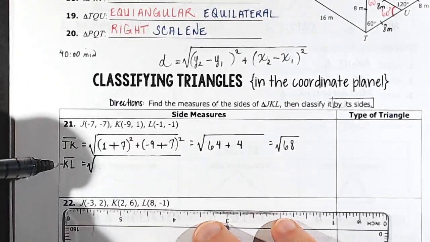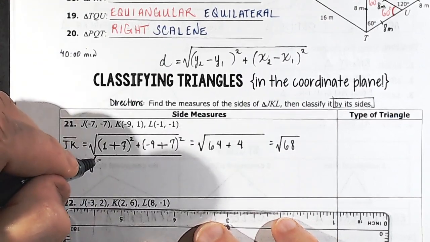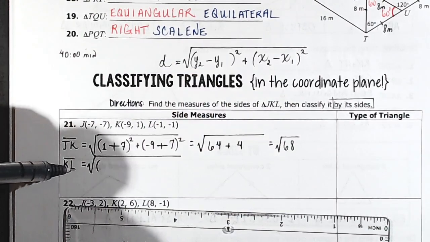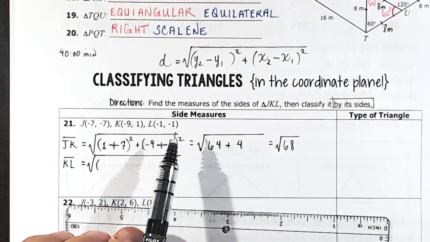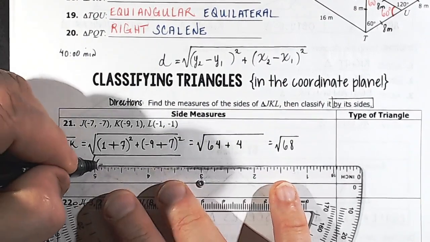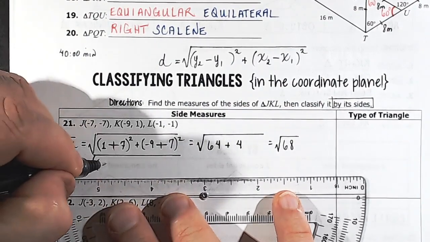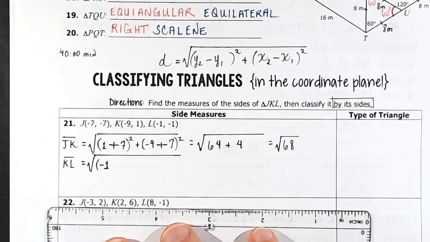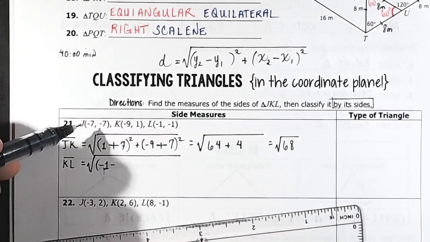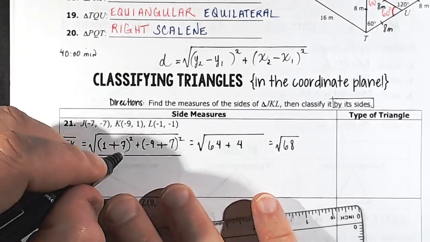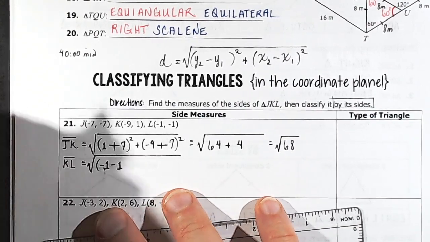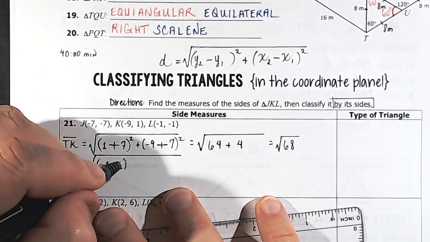Okay, so now we have to figure out what the y2 value would be in segment KL. Well, it would be the y value of the L coordinate, which would be negative 1. So I'll put negative 1 minus the y value of the K coordinate, which is 1. Negative 1 minus 1. And all of that is squared,